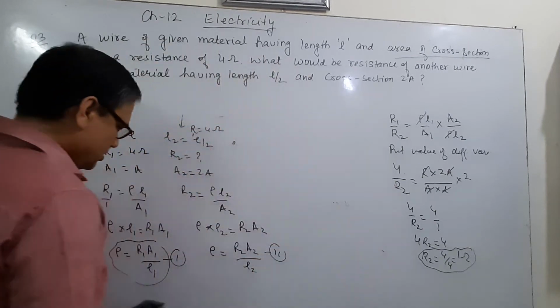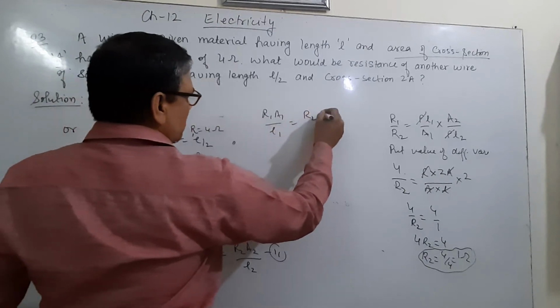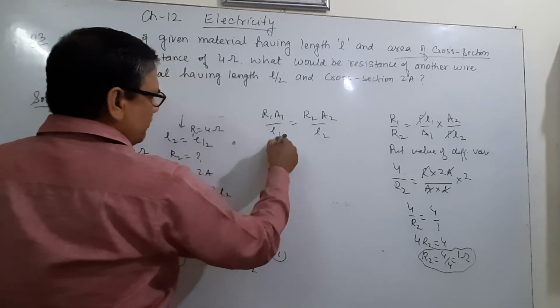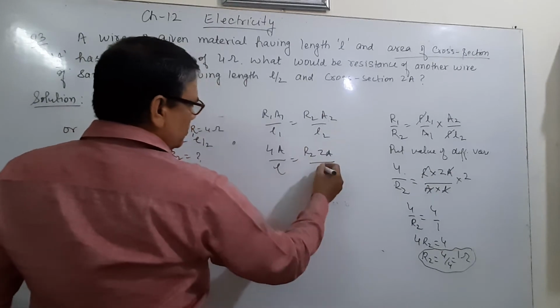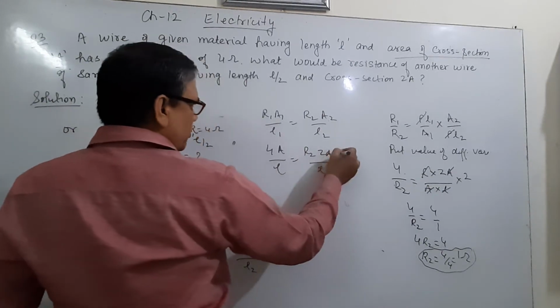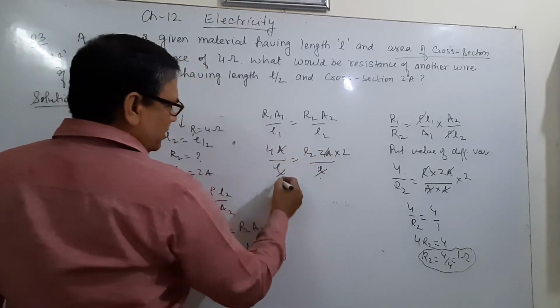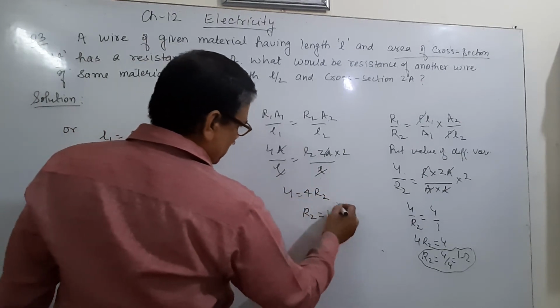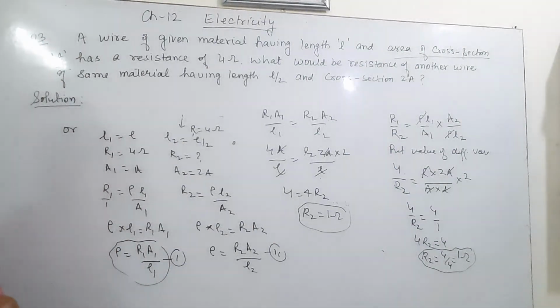Now what will we do? R1 A1 upon L1 is equal to R2 A2 upon L2. R1 is 4, A1 is A, L1 is L, is equal to R2 times A2, which is 2A, upon L2, which is L by 2. These two will go upward, and A will cut, L will cut. Then what is left? 4 is equal to 4 R2. Then R2 is equal to 1 ohm. We can do it by this method also. There are two methods to solve this question, and you can use either method. And now suppose